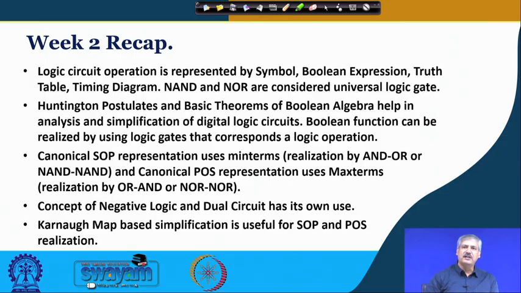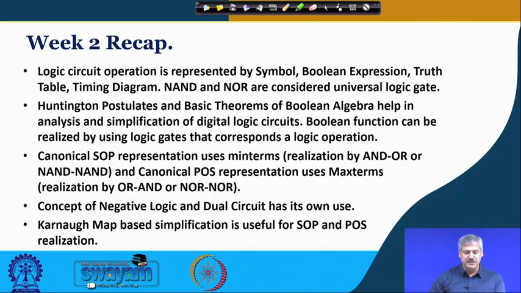Then we looked into Boolean algebra, the basic premise of Huntington postulates and certain theorems, and then we found that using that we can simplify Boolean expressions and can have more efficient realization of digital logic circuits. And given a Boolean function, we can convert it to a particular logic circuit. For each operation, we have a specific logic gate associated, and we just implement one by one,